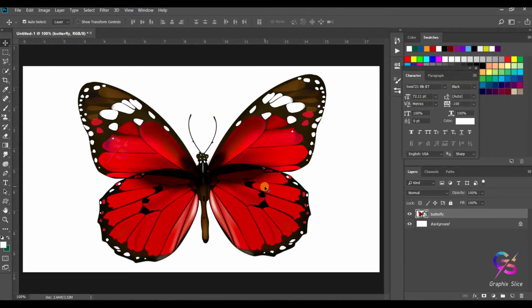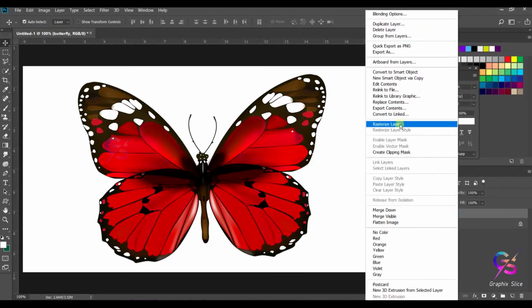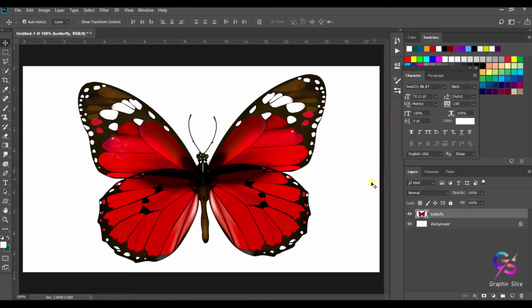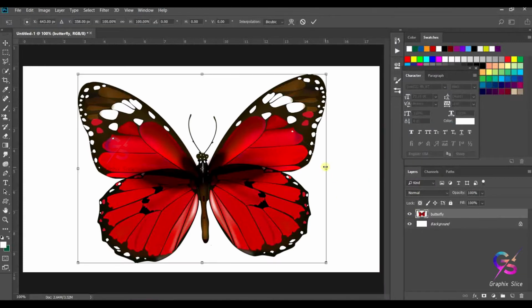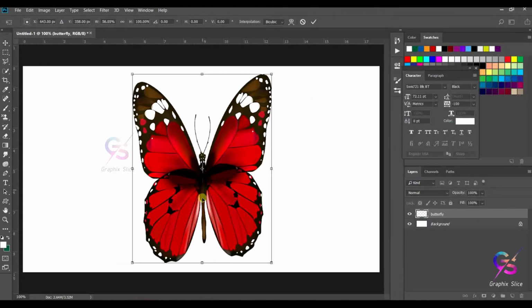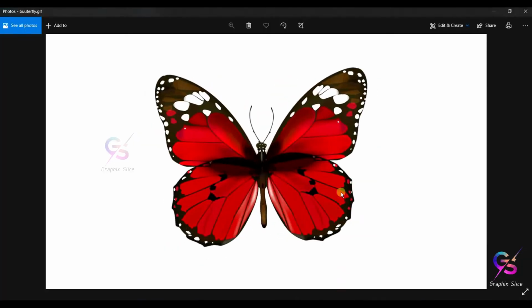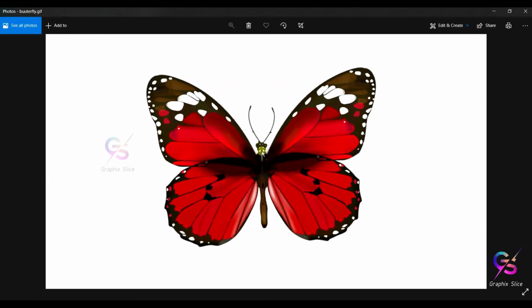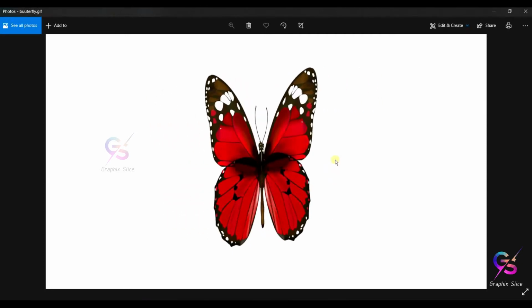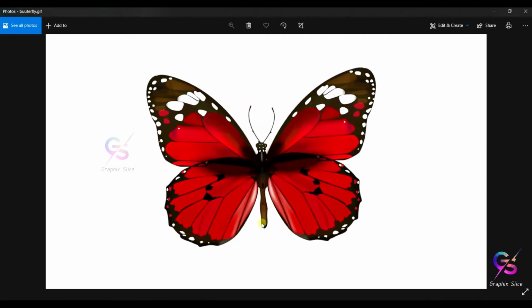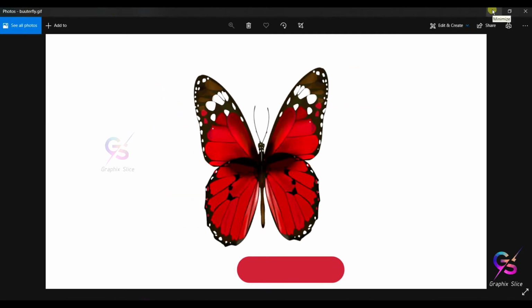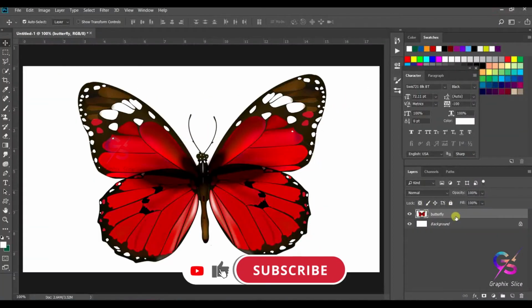If I scale directly while animating this, the middle portion of the image is going to stretch, or else the body of the image is going to stretch. See, like this, the middle portion is going to be stretched. That's why you need to crop it. See how it looks if I animate directly, the middle portion of the body will stretch. So that's why you need to crop the wings, then you need to apply an animation effect.